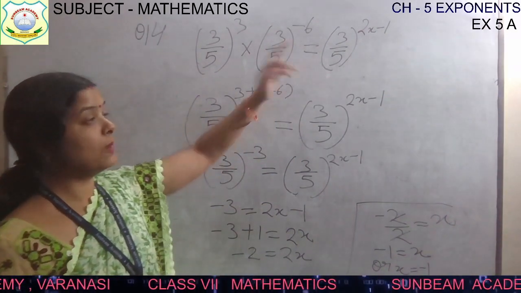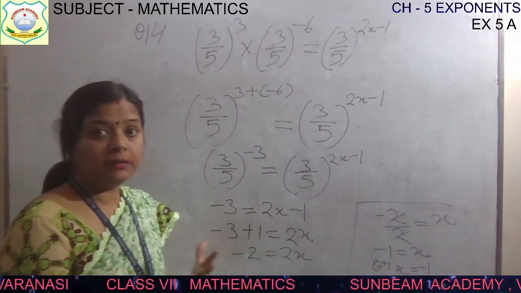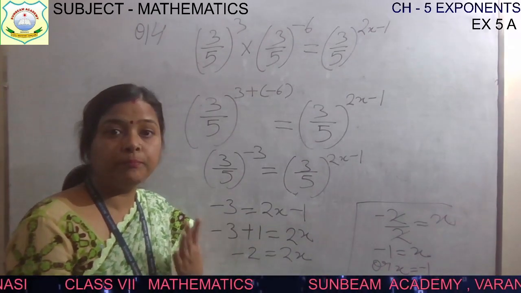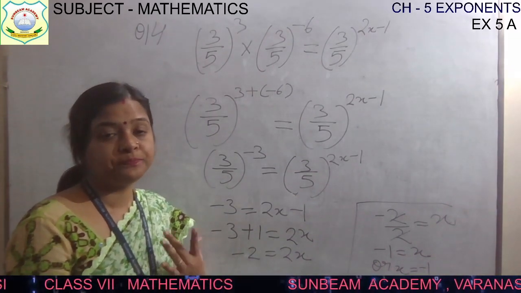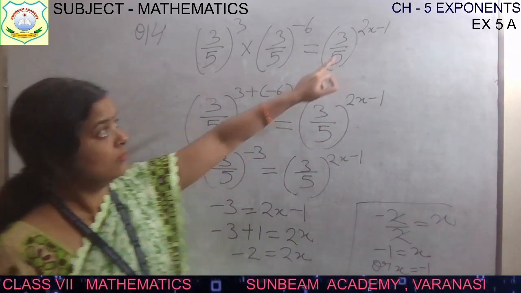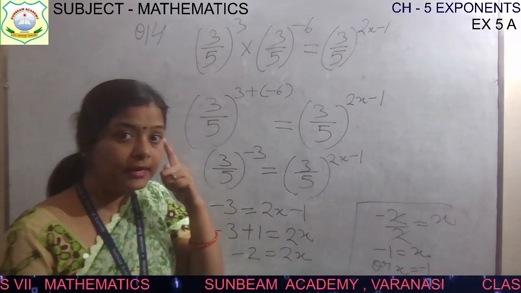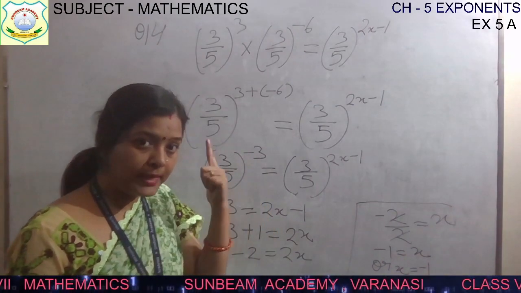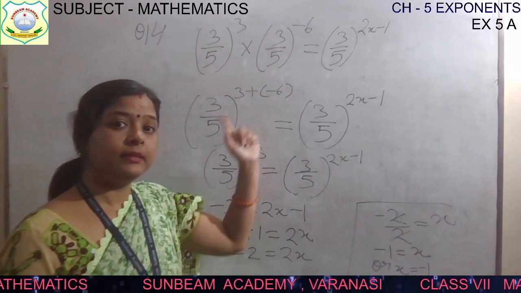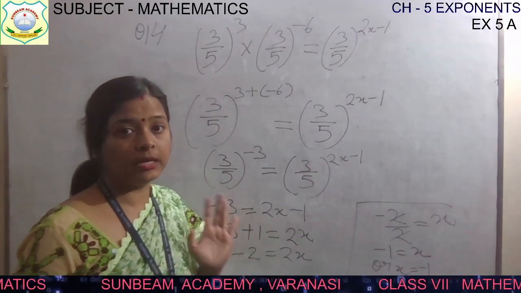ठीक है. Whenever the power is given, when any variable value is given in the power, means you have to find the variable which is in power, which is in exponential form. अगर ऐसा कोई वैल्यू है, वेरिएबल है जो आपको पावर में दिया गया है, और आपको निकालना है, तो you have to focus, you have to think, let me make the base equal. If the base will be equal, then we can relate the power. अगर base ही equal नहीं होंगे तो we can't relate.